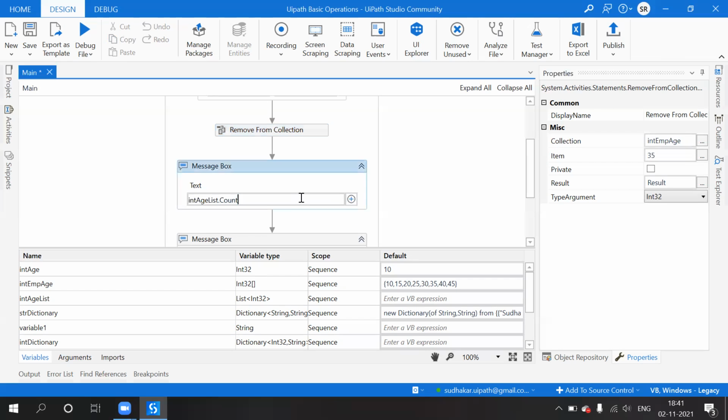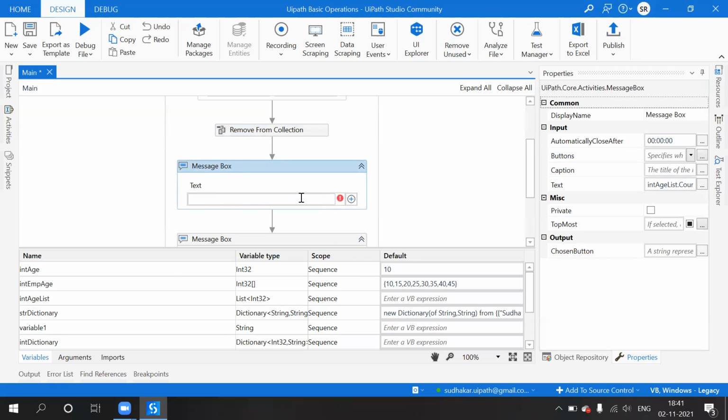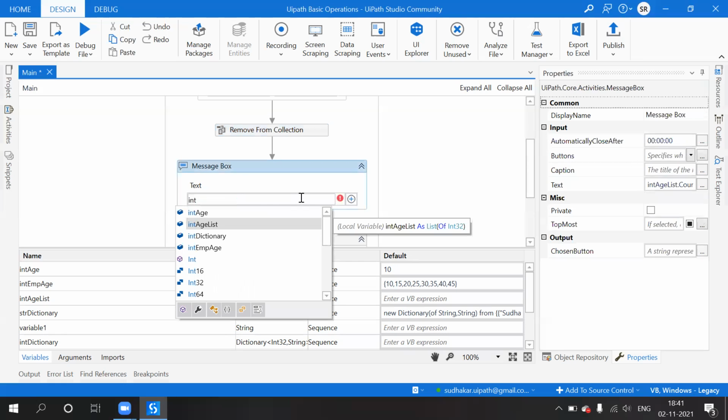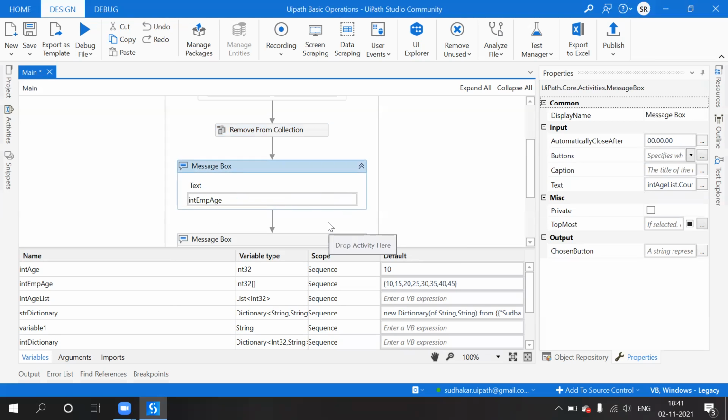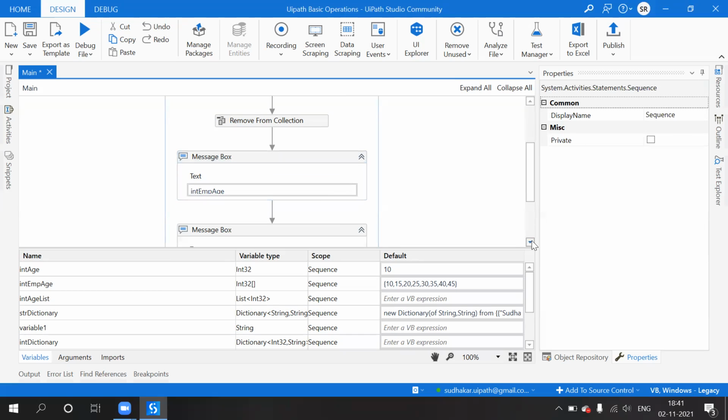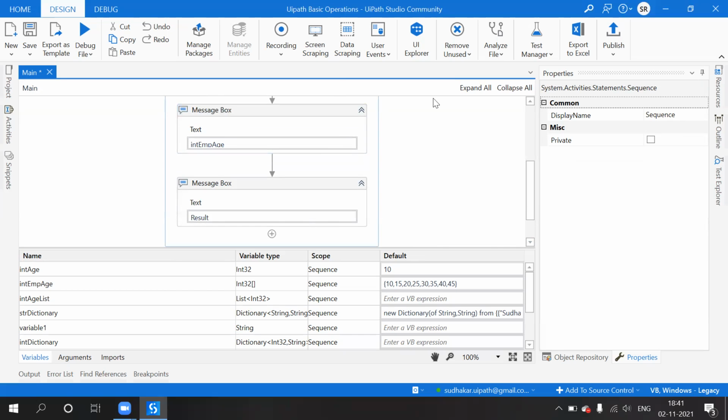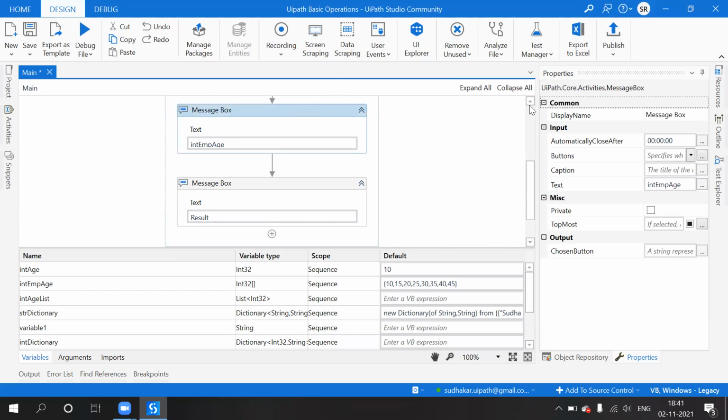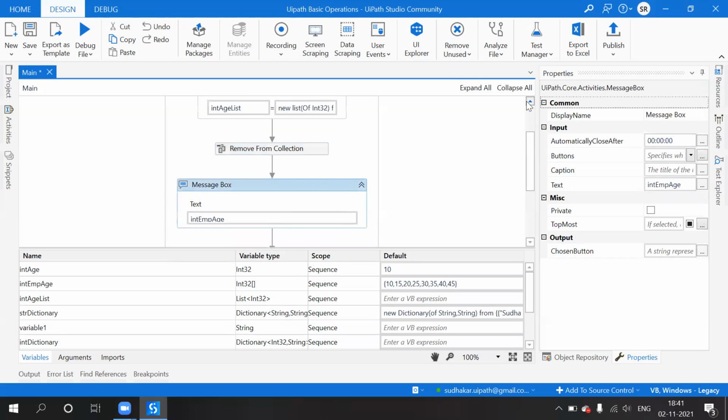Here we have the int, employee age, and then what is the result of this? Result only.